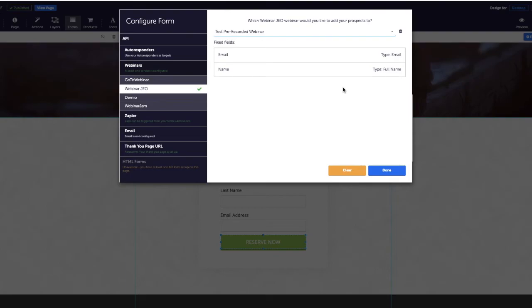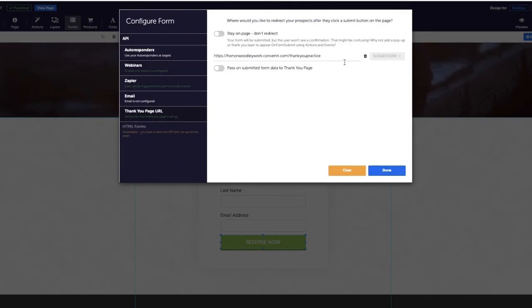Once you've made sure that you've configured your form fields, if you need to, because this can be really important, you'll click done and you'll be taken to here. It's just going to ask you what you want to happen when someone clicks submit or reserve now, in my case, on my page. Either they're just going to stay on my page and they'll receive the email,